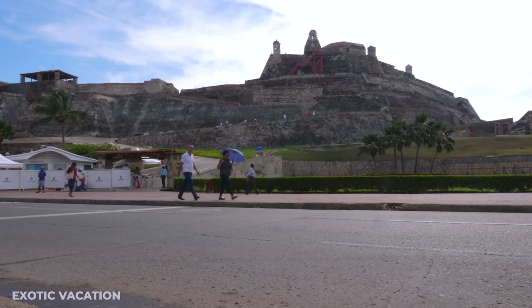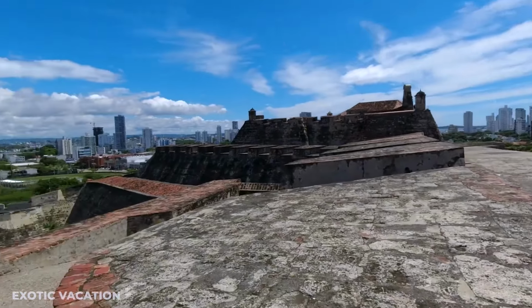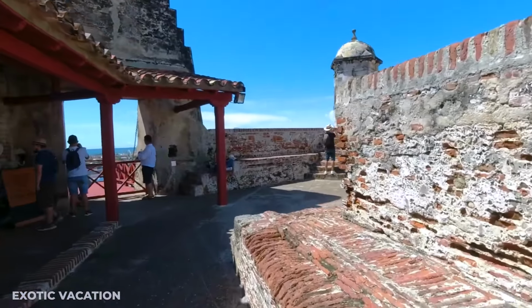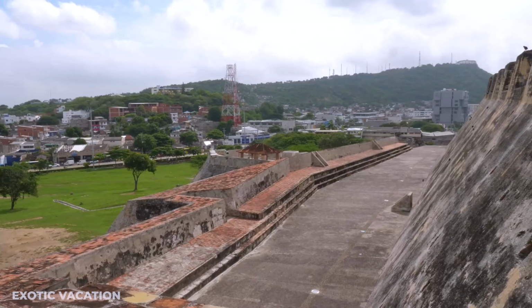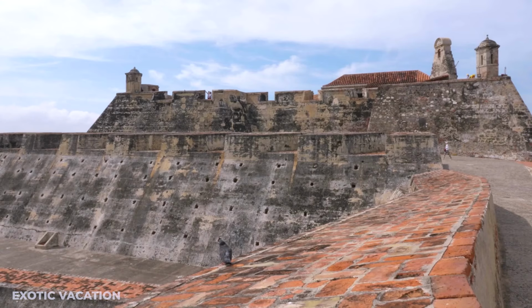At that time, it's peaceful, and you'll have the place almost to yourself, allowing you to take in the panoramic views without the crowds. Plus, by getting there early, you'll beat the intense heat and humidity that kicks in later in the day. Since the castle doesn't offer much shade, it's best to explore outdoor attractions like this one in